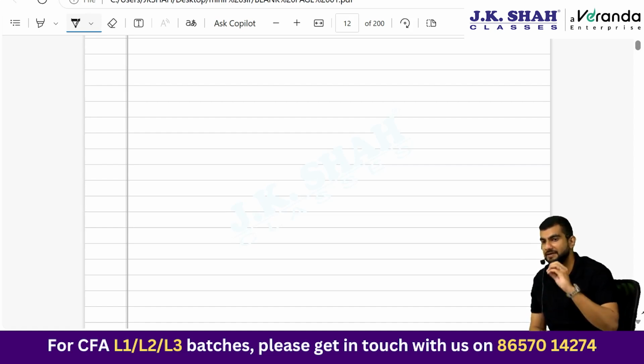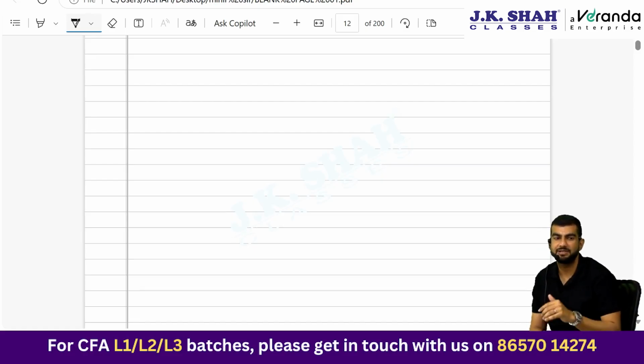Return on equity, extended DuPont, is tax burden into interest burden into operating profit margin into asset turnover into financial leverage. Tax burden high means what? Essentially the tax rate is low. Interest burden high means the interest rate is low. So don't be misled by the name burden; the higher, the better. Tax burden is also called tax retention rate, which is nothing but 1 minus the tax rate.